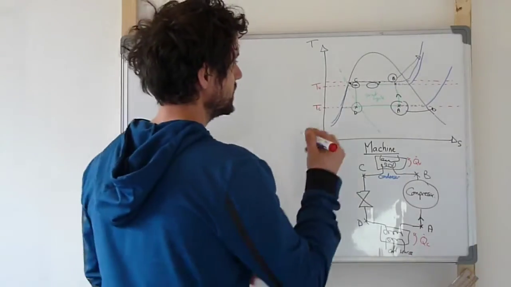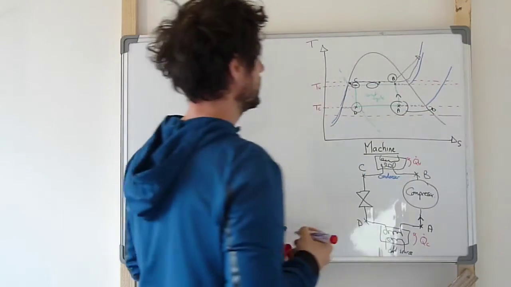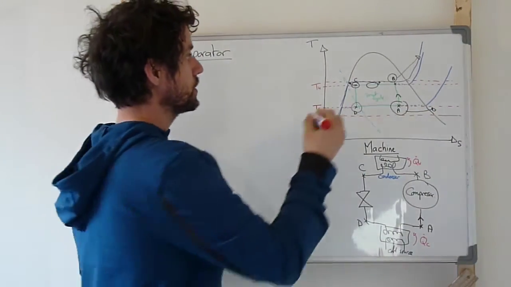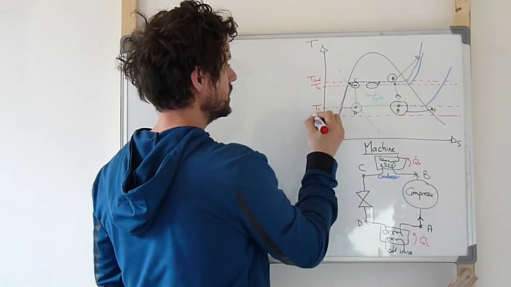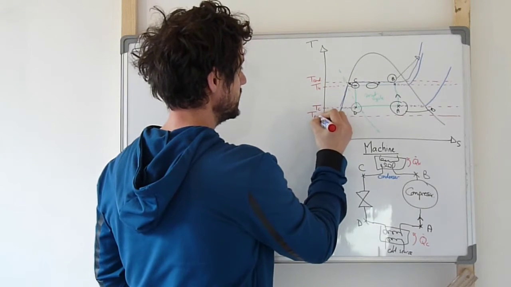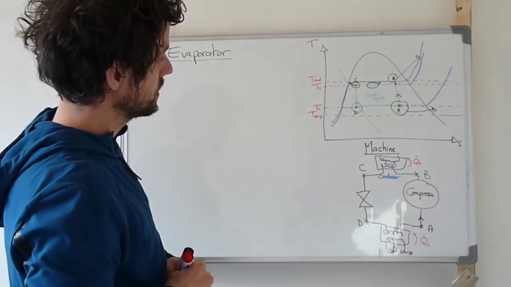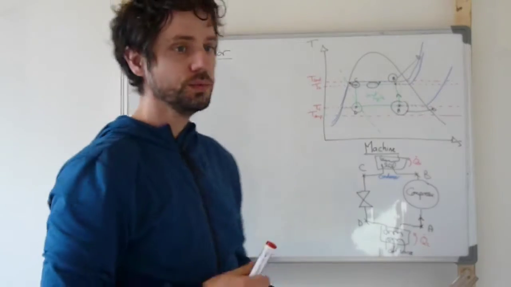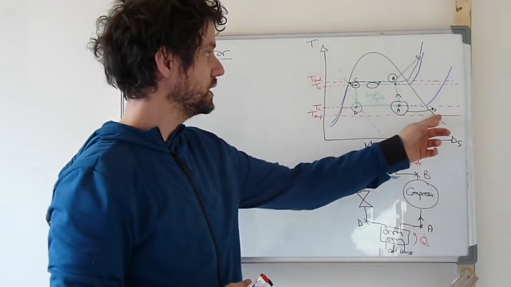That means that we need to define here another temperature. So the one before we can call T-cons, like condensation, and this one would be T-evap, like evaporation, because the working fluid will evaporate in this heat exchanger, because it starts two-phase and it finishes